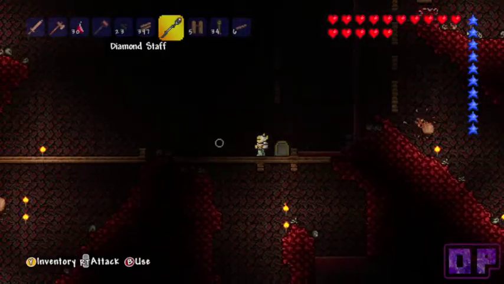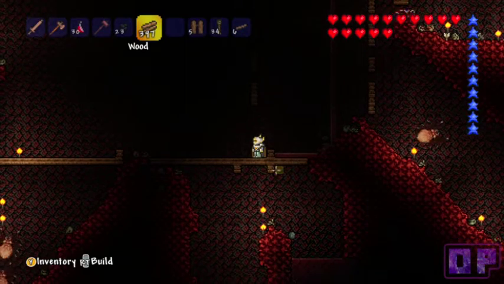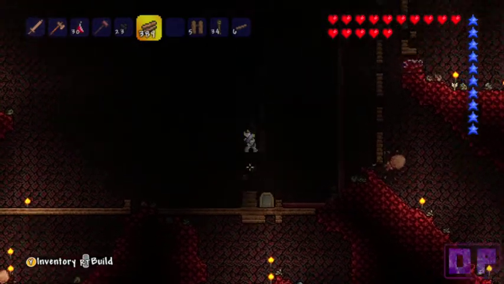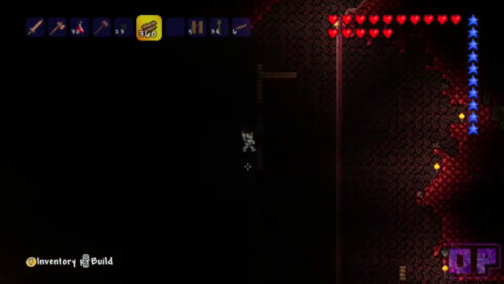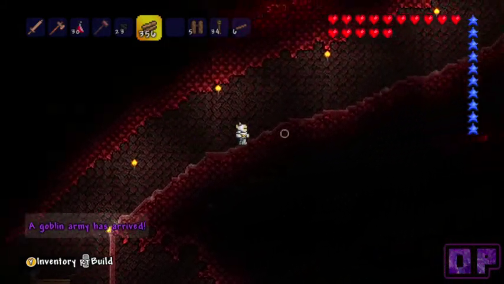398 crimtain, that should be more than enough to make a full set of crimtain armour, which I'm hoping to do. Also, I need to remember to make that Deathbringer pickaxe because I do really need that, and I kind of forgot. So we're going to make our way back to Casa de Ben, and it looks as though Skeleton Prime